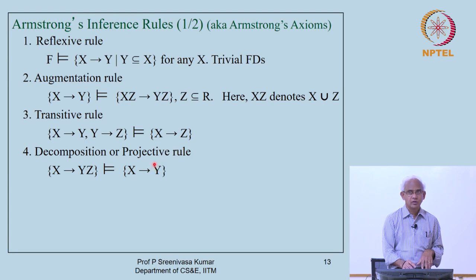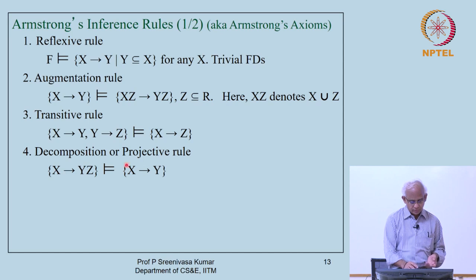Okay. So, what we are basically saying here is that we are only choosing some subset of the right hand side and then claiming that that functional dependency holds, which is actually very obvious, because given that this happens, that means any two rows, if they agree on x, they will agree on yz, as is given. They will obviously agree on a subset of yz, because they already are agreeing on the entire yz. So, they will agree on some subset of yz. This y is a subset of yz. Remember this, we will continue to use this notation. The two sets, which we write together, is union.